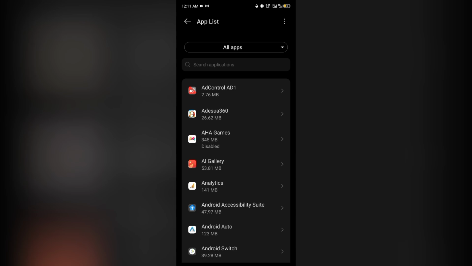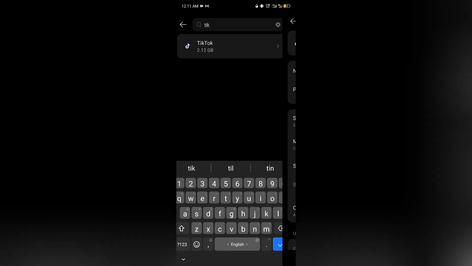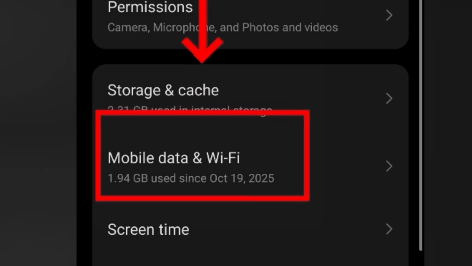Okay, so you see that most people complain that their data vanishes or finishes so fast that they didn't even use it for anything. This is one of the reasons. So what we need to do is just search for the apps that you think consume your data in the background. Let's go to TikTok, click on it, and then once it opens like this,